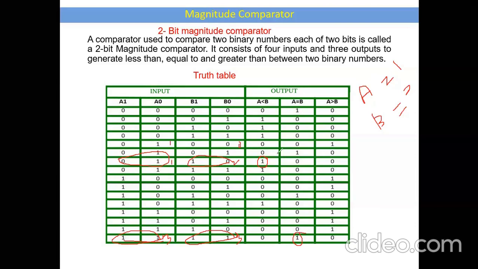Then again the same procedure. How we discussed in the single bit comparator, same procedure. Draw the K-map for A less than B, A equal to B, A greater than B. Consider the min terms alone. While drawing the K-map of A less than B, consider the min terms. Draw the K-map. Because here I have 4 variables, so 2 power 4 is a 16 cell. We should draw the 16 cell K-map that we will discuss in the next slide.